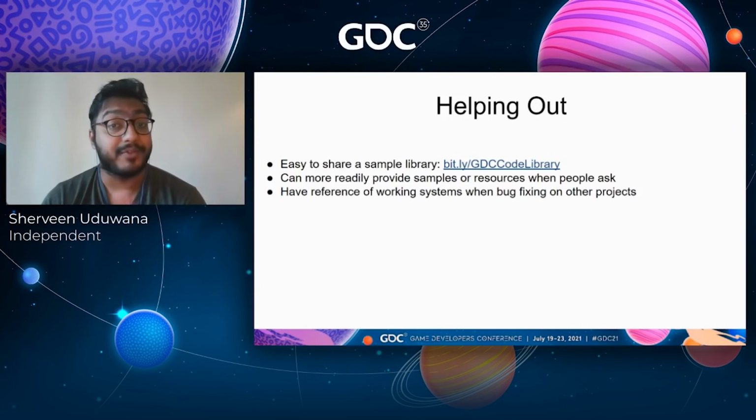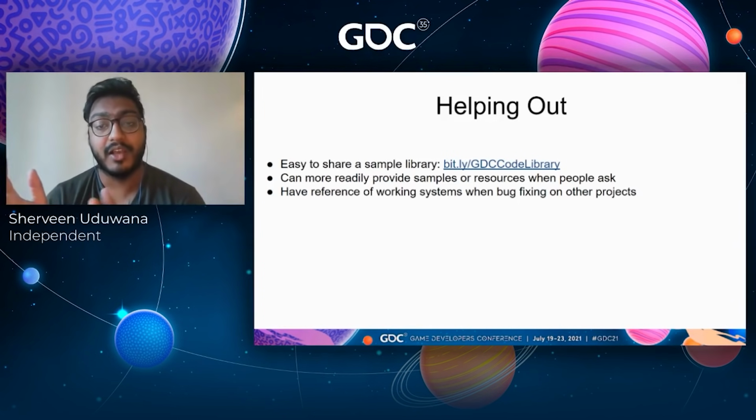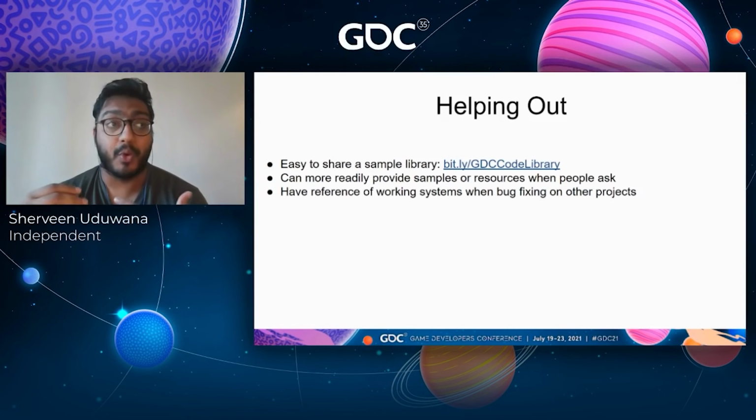I can reference my own work and think, maybe if I did it this way or modified it here, that would help with some of the issues that particular studio or team is having. It makes you more competent, more timely on the things you're working on. And it just makes you a better collaborative member of teams, I think.